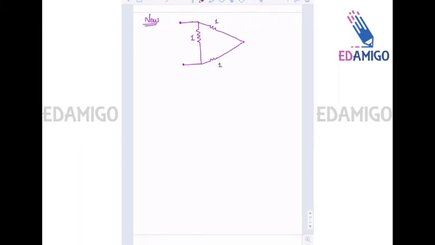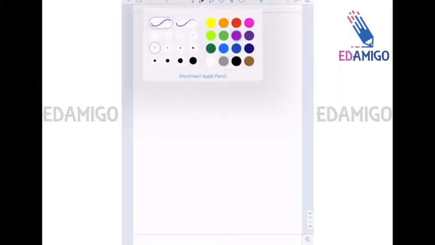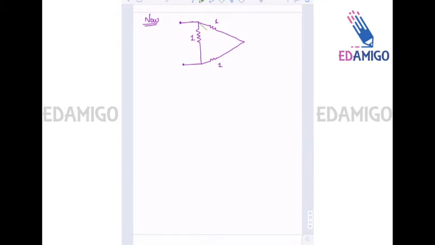One and 1, and the inner star will be converted into a delta. Four and 4. Now this 4 resistance and 1 resistance are in parallel. So this can be redrawn as